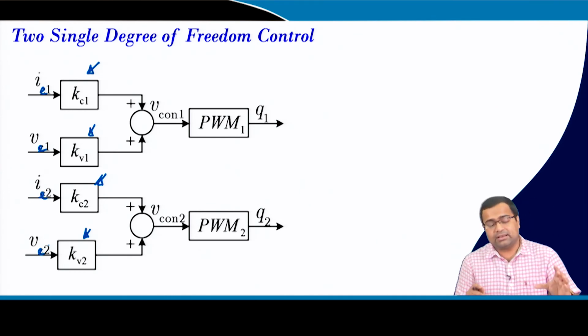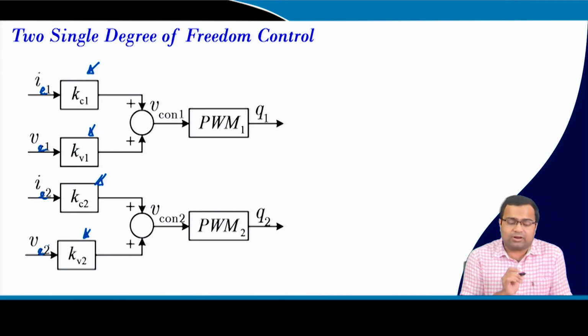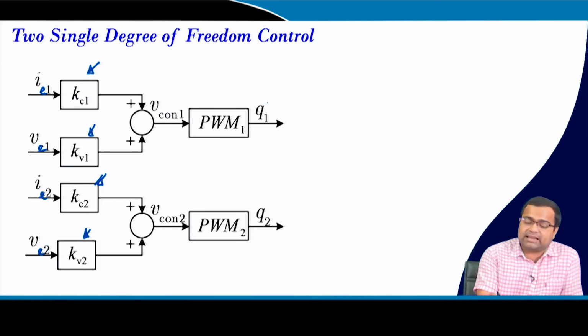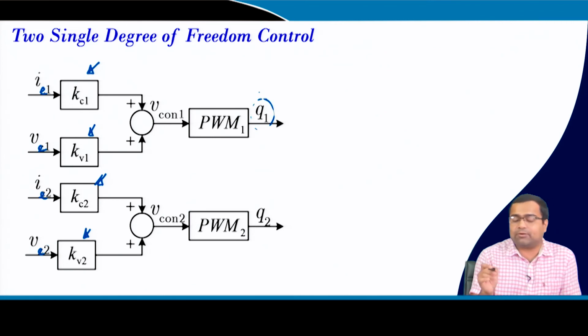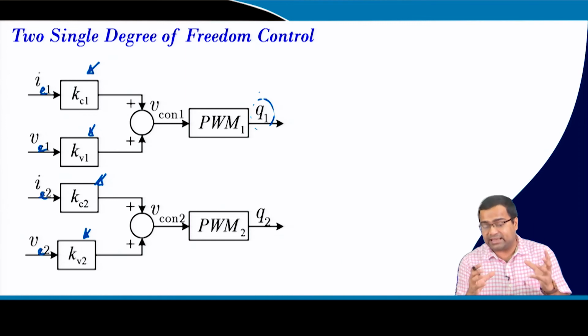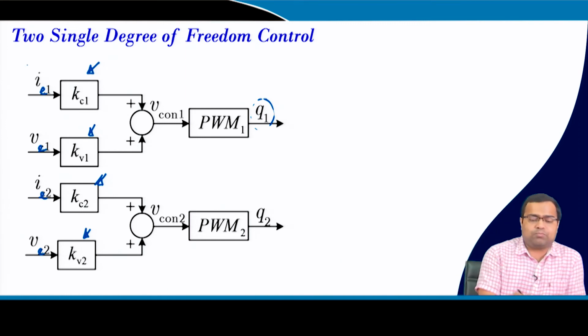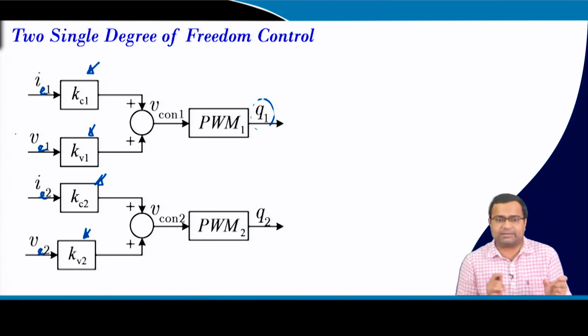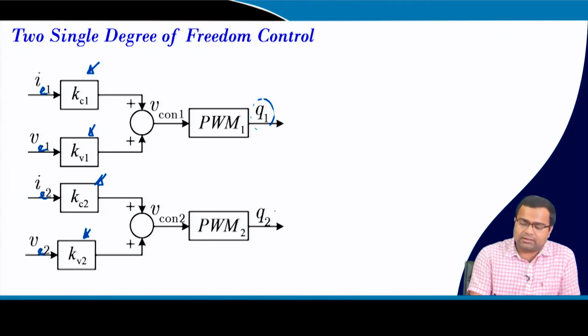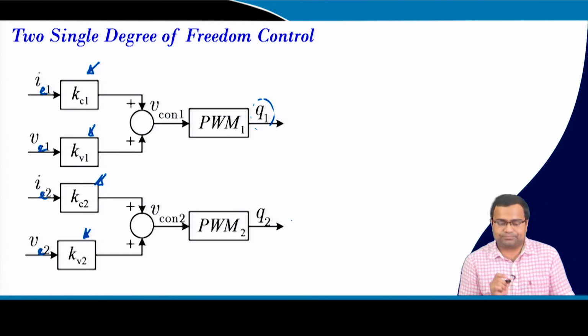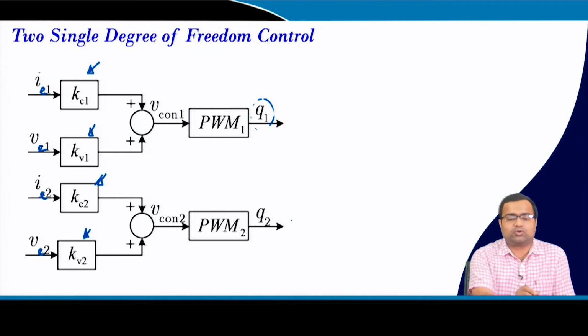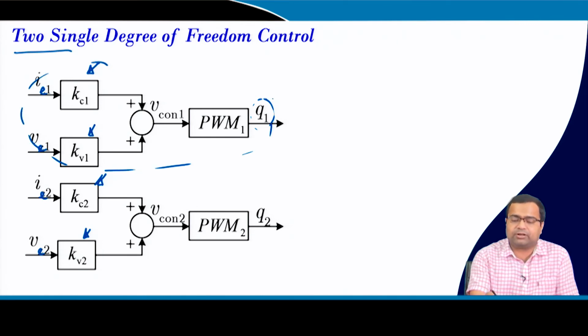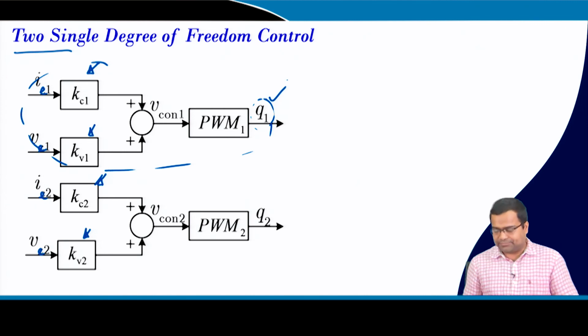And so this is one way of control in which we are generating the gate signal of the IBC by its own loop. That means, its own inductor current feedback and own error voltage feedback. Similarly, we are controlling the POL converter by its own feedback loop. Okay? So, that is why it is called two single degree of freedom. For each case there is one degree of freedom, because only one control variable is Q1.